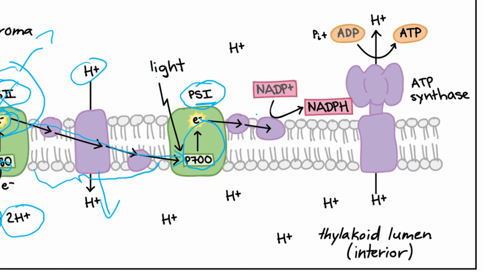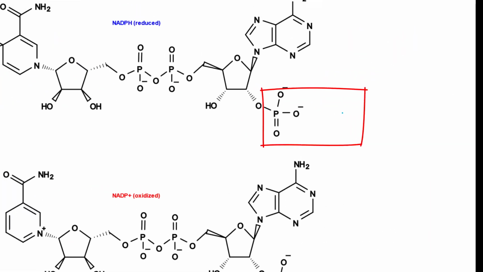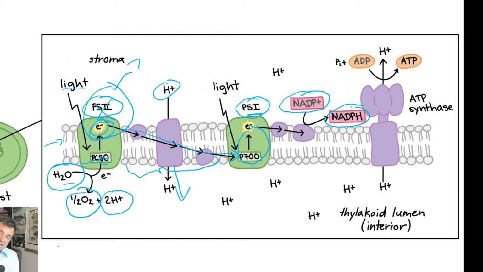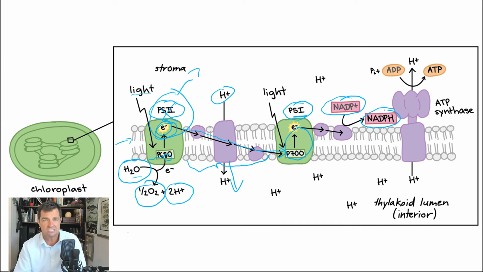Now, if we go over to photosystem 1 here, light's also doing the same thing, hitting that. It's creating its own electron transport chain, and we're using that energy as we pass it from protein to protein. We're going to use a molecule that is a low energy state, NADP, and we're going to convert that into NADPH. This might look familiar to you because we saw something like this when we dealt with cellular respiration. You might remember we used NAD and converted that into its high energy state, which was NADH. So we're basically doing that same kind of thing, but it's a slightly different molecule, as you can see there.